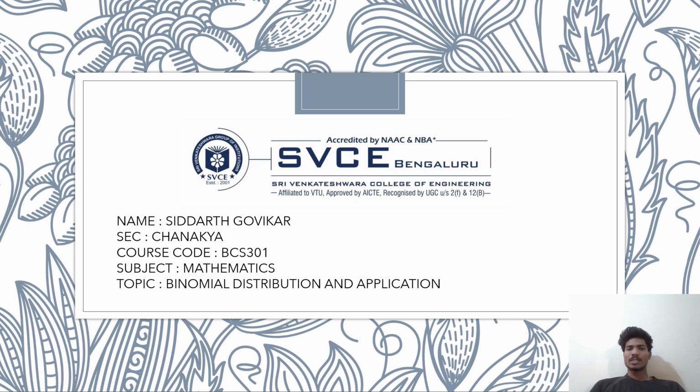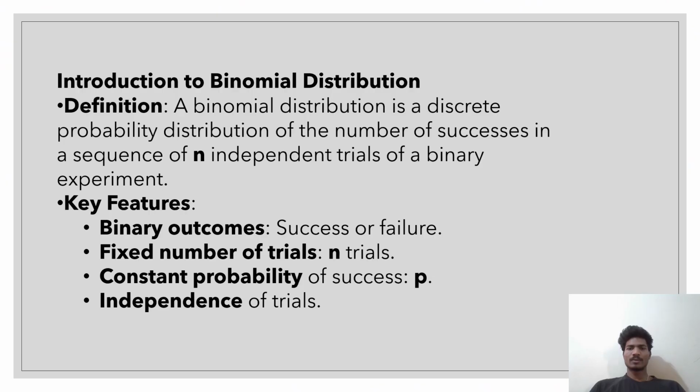So today our topic is about binomial distribution and applications. Introduction to binomial distribution, definition. A binomial distribution is a discrete probability distribution of the number of successes in a sequence of n independent trials